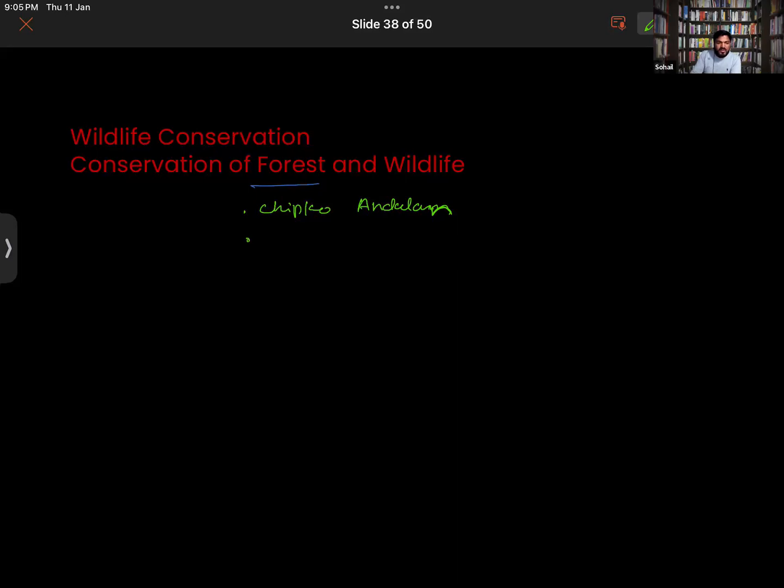Then we talked about the Appiko movement also. Was that in Karnataka or Kerala? Karnataka. Exactly. So this has also been one of India's forest-based environmental movements that happened in Karnataka. It took place in the Western Ghats of Karnataka's Uttara Kannada district. There was a district in Karnataka. The name of the district is